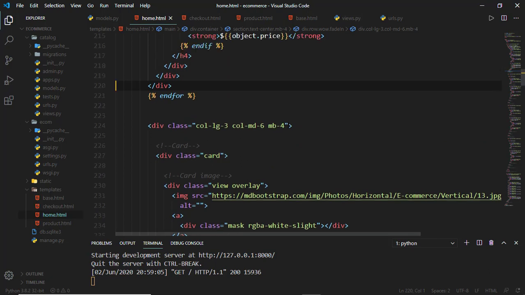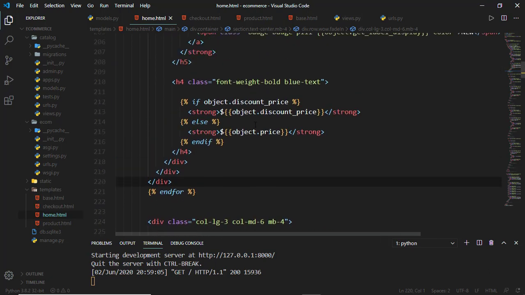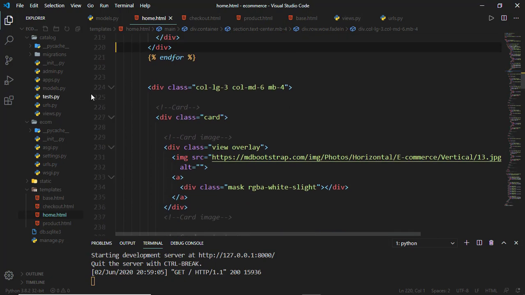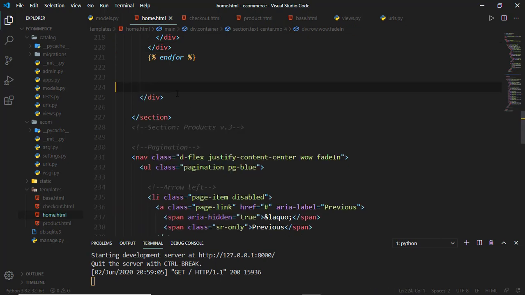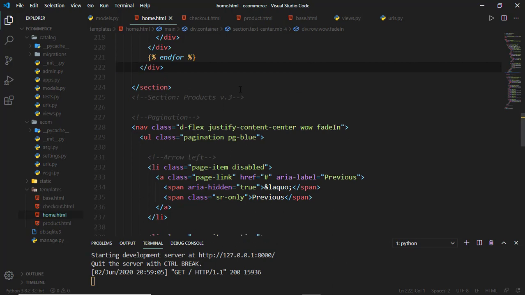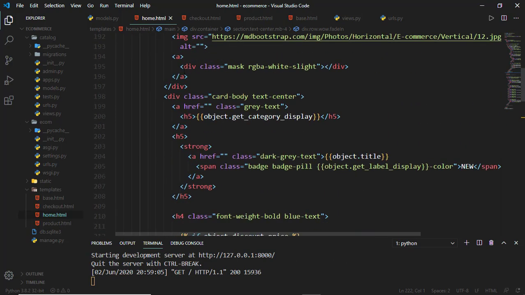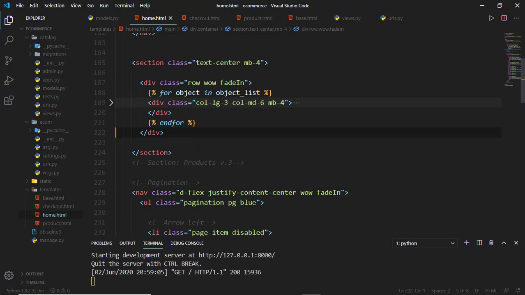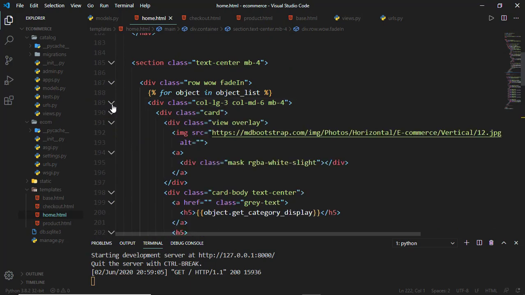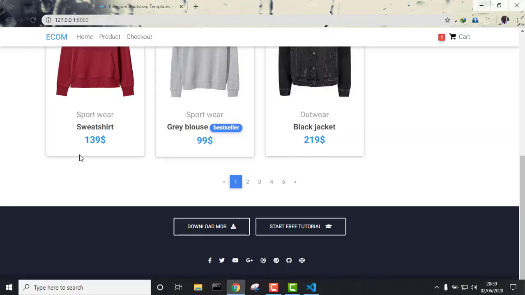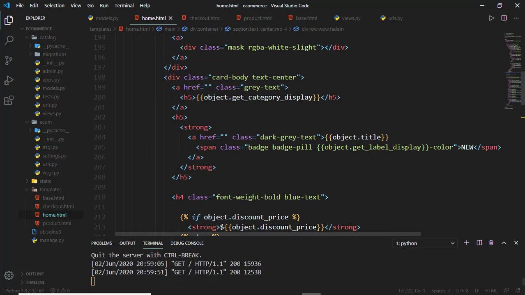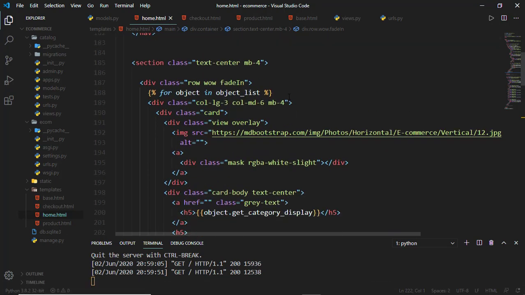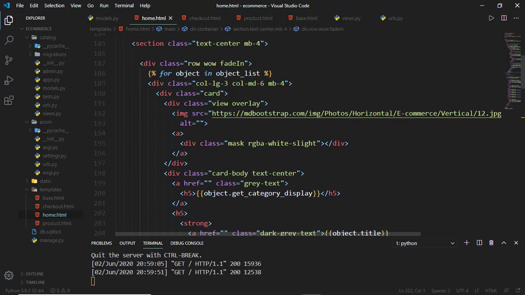So if we just come back and refresh, we have those 3 items there. For object in object list, we return a column with a card, and inside that card, if we come back and refresh, the items are not showing, it is because